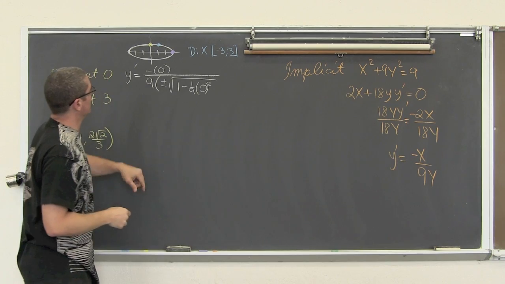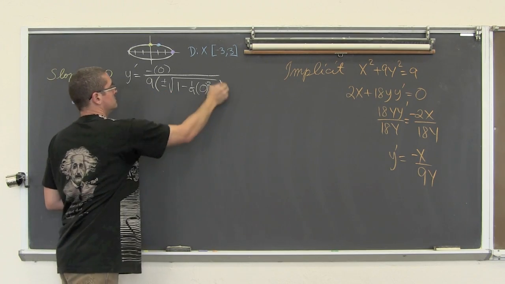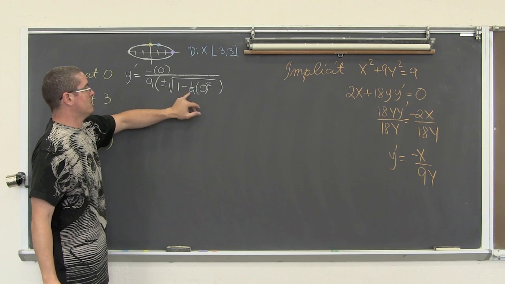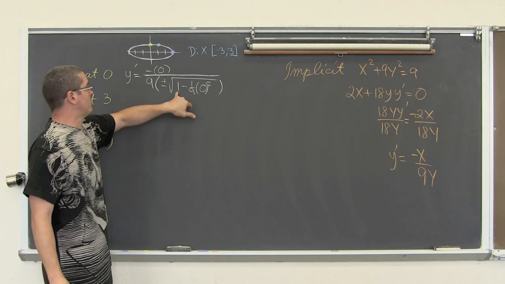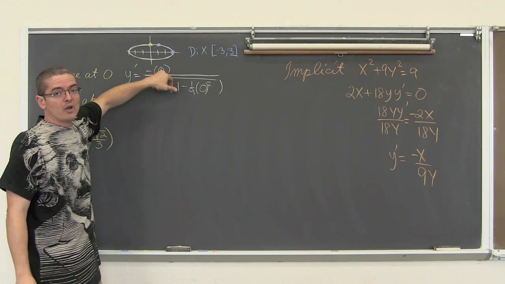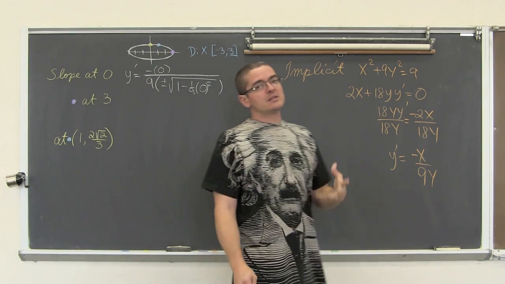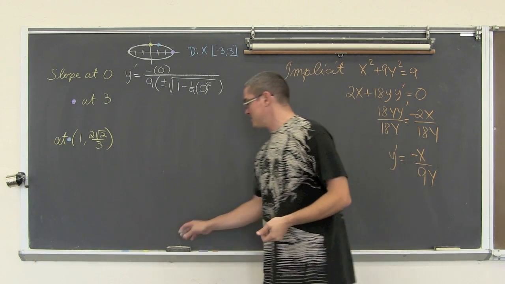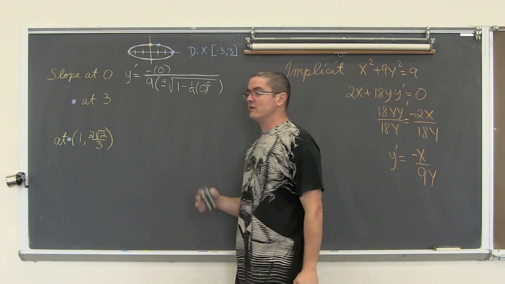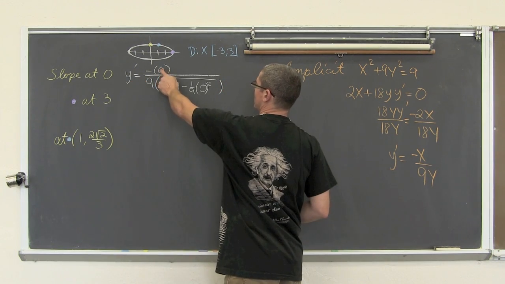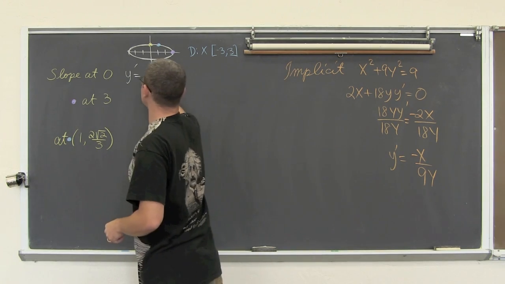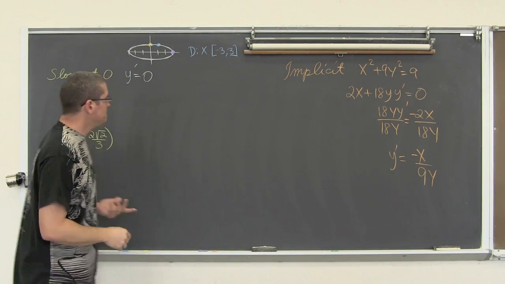So let's see what we have here. Oh, why do we need to work this out at all? I mean, 0 squared is 0, 0 times 1/9 is 0, the square root of 1 is 1, but who cares? The numerator is equal to 0. When the numerator of a fraction is equal to 0, that entire fraction is equal to 0. So thus, yes, we did get what we expected. y prime at 0, the derivative at 0, is equal to 0.